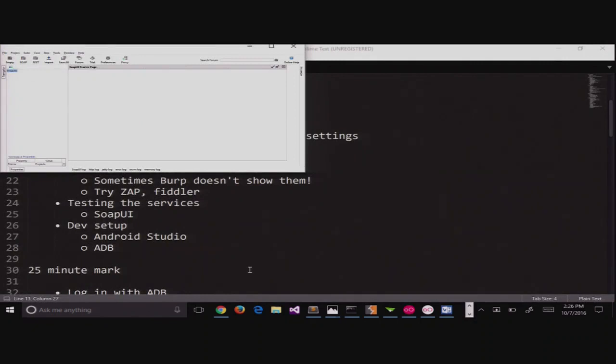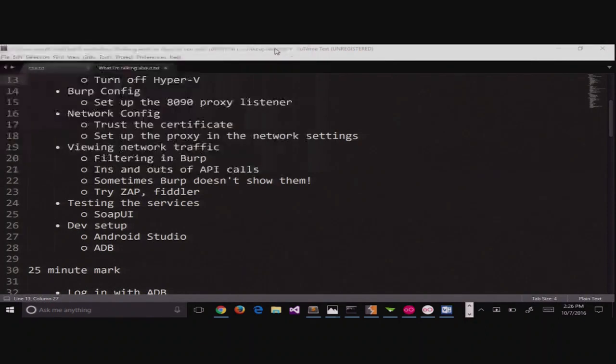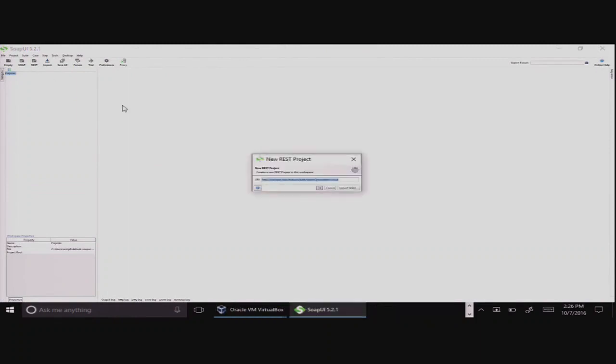It's also a Spring app, so it doesn't do my scaling very well. You probably can't see this at all, but you can just go right here and say, I want to make a new REST endpoint, and it will start you with where the endpoint is, and then it will do its own research and find whatever it needs to find about the logic that's available. Then you can proxy this through Burp and exercise the services even more fully than you can with the application itself. So this is a great way to get some more of those M1 bugs.